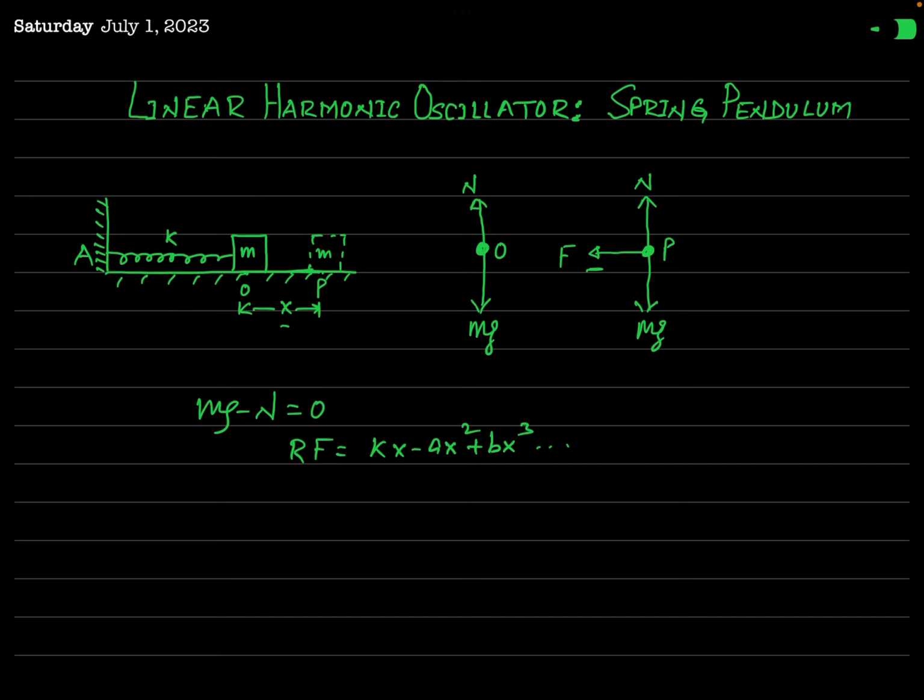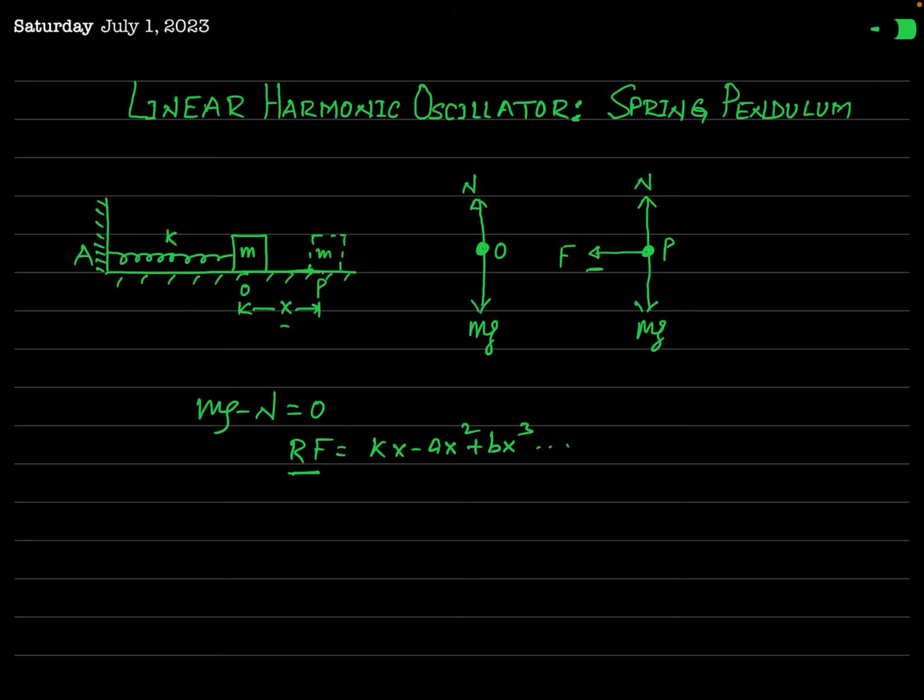This is the general form. In this condition the restoring force is a non-linear function of x. So if the block is released, it will oscillate about the equilibrium position, but that oscillation will not be simple harmonic, because for simple harmonic motion you have studied that the restoring force must be a linear function of